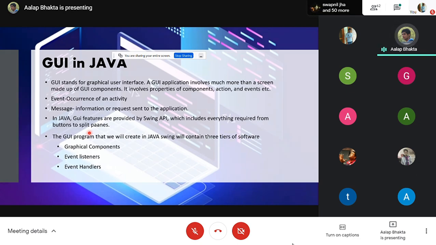Okay, so in case some user doesn't perform a particular event, but it is required to perform that event before the second event occurs, the event handlers do that also. Okay, so anybody has a doubt in this? This is the main thing to understand how the GUI program works.